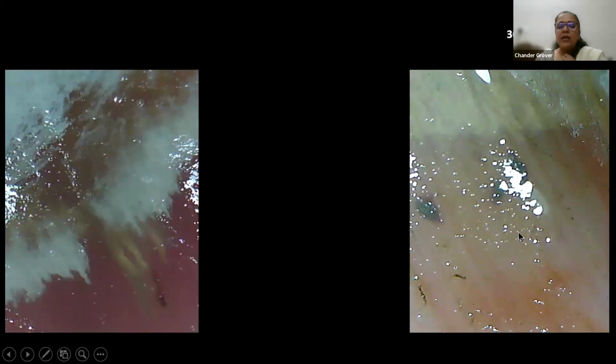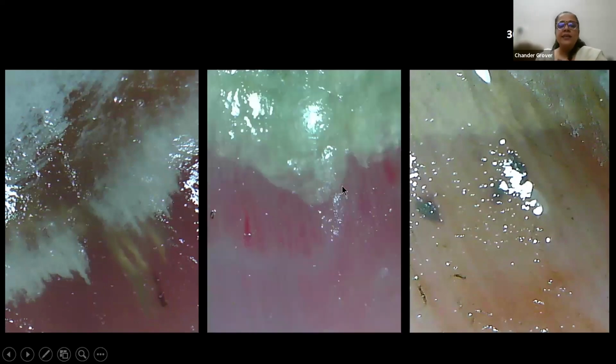Onycholysis, this is onycholysis. A very clean straight edge of the onycholysis with presence of subungual hematomas. This is also onycholysis. The edge is not at all clear, not at all straight. It's jagged. The color is yellow, green in between. You see one isolated splinter hemorrhage also, but compare with this edge. Here, again, a relatively straight edge, but see the proximal edge. You see dilated capillaries in the nail bed. You see this pericapillary halo. These are three different causes of onycholysis.